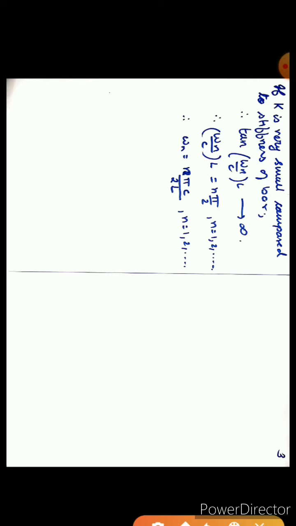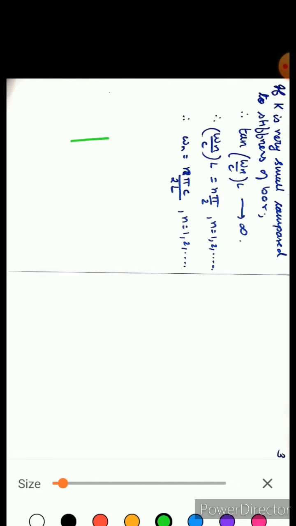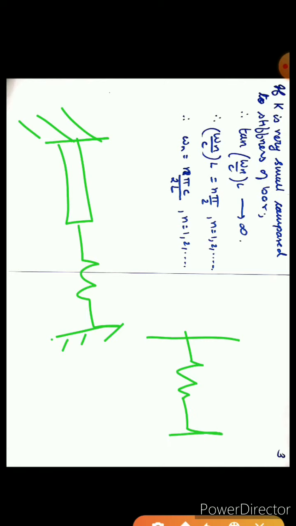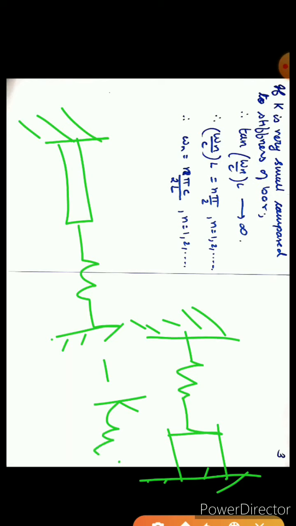One more thing to remember here is that in this condition the bar was like this and the spring was attached over here, right? If the condition differs, if the spring comes over here and the bar over here, then the end condition will change. Instead of minus Ku equal to the stress value, it will be plus Ku equals the stress value, right?